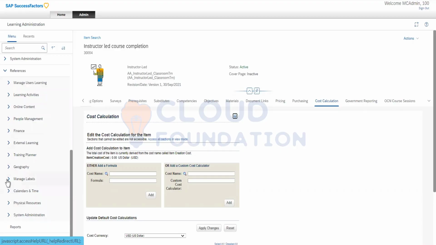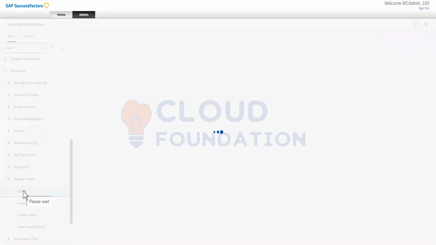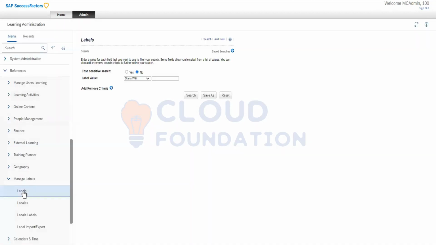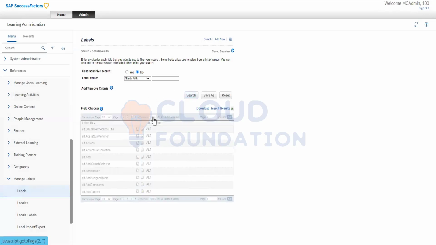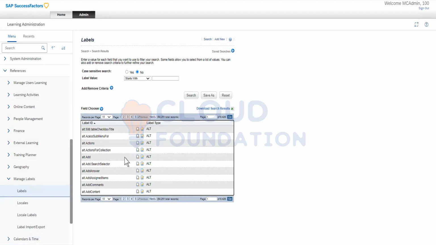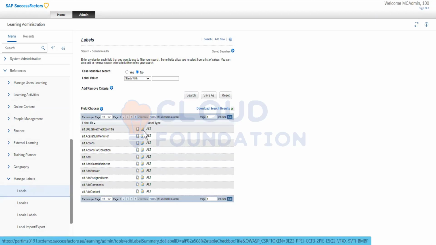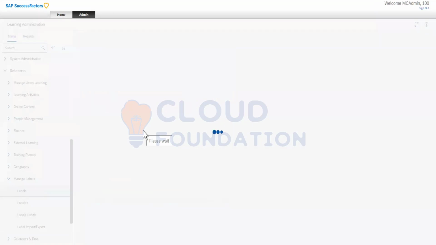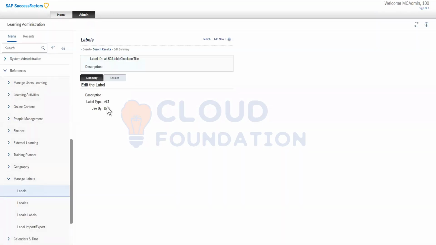Now, what exactly I wanted to show you are the manage labels. Under manage labels, you have different kinds of labels. What are these? If I click on it, you have all the add comments, add content, all of them are there. You will type all. Now, why I'm showing you this? Because